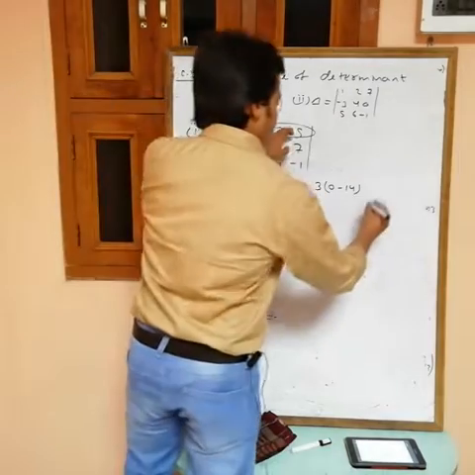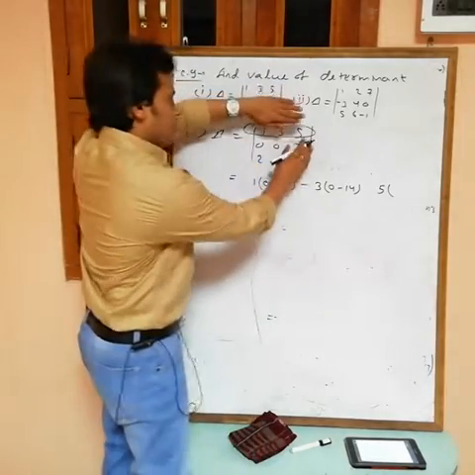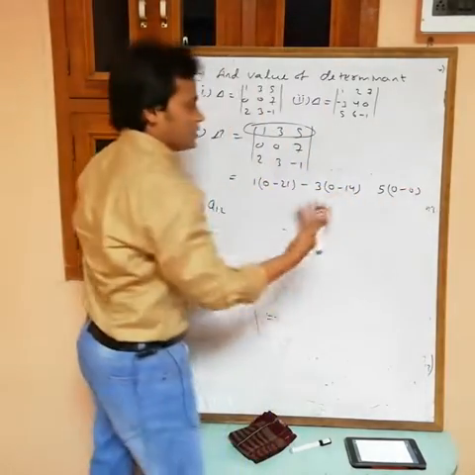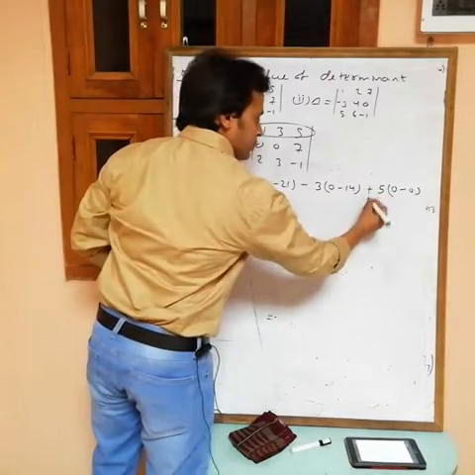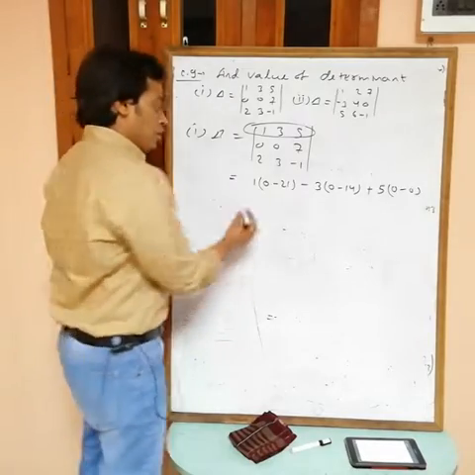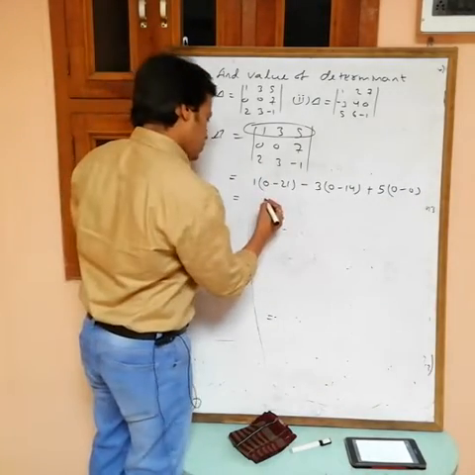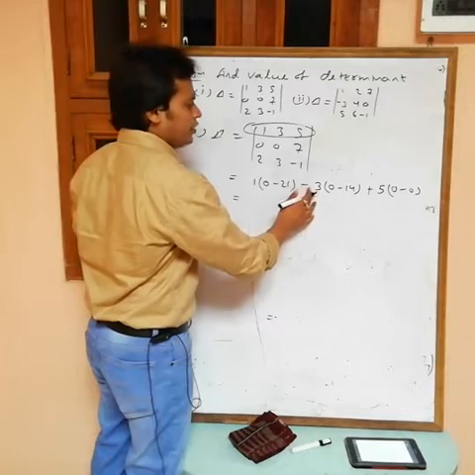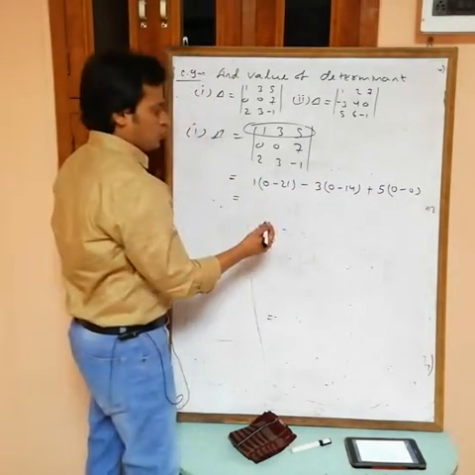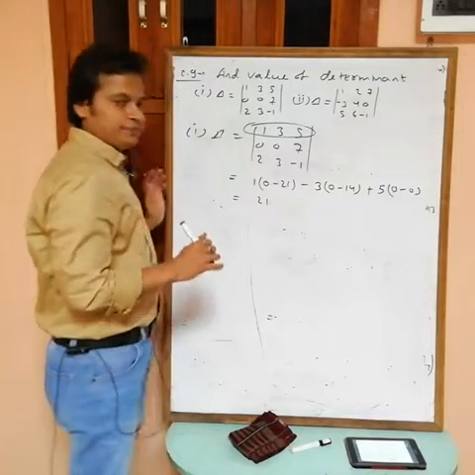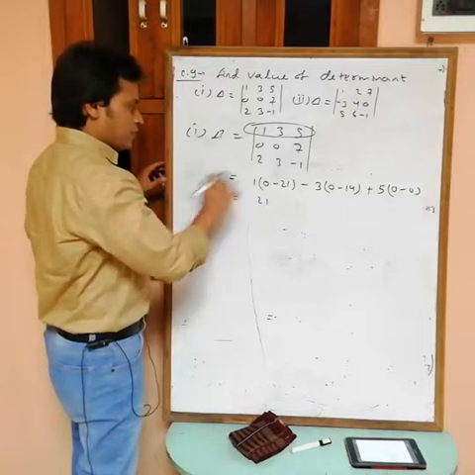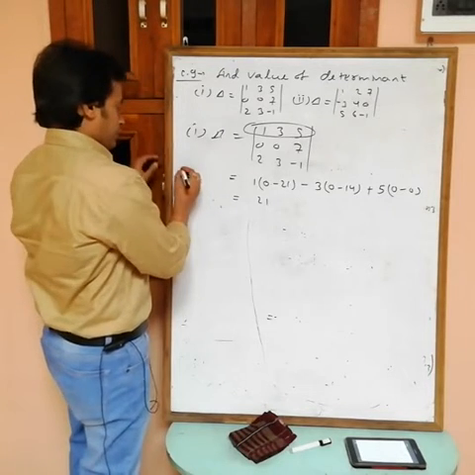Okay, now 5. Multiply first with minor. So this one 0 minus 0. Okay, now decide the sign. Sign you will get plus, because A13, 1 plus 3 is 4. Okay, even, so plus. So what you will get? Minus 21 and plus 42, and this is 0. So you will get plus 21. Okay, actually this is when we are expanding this one with respect to R1.